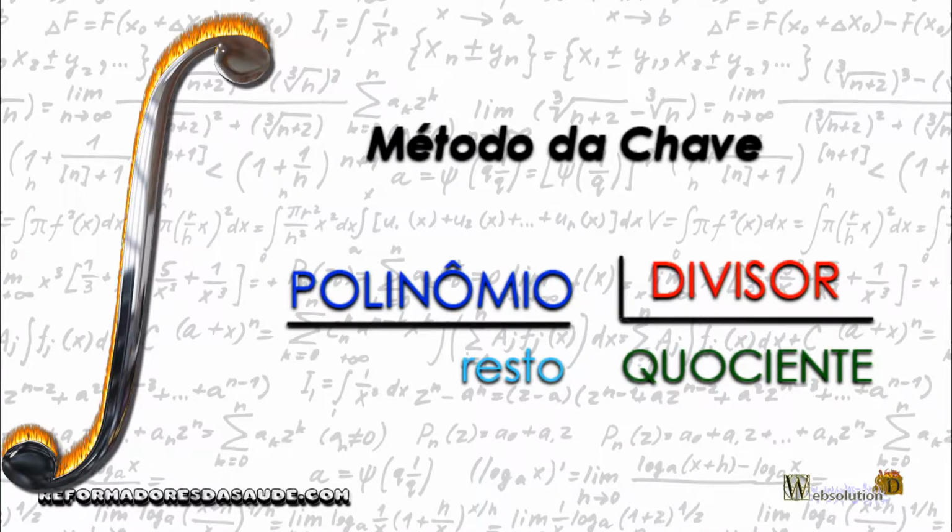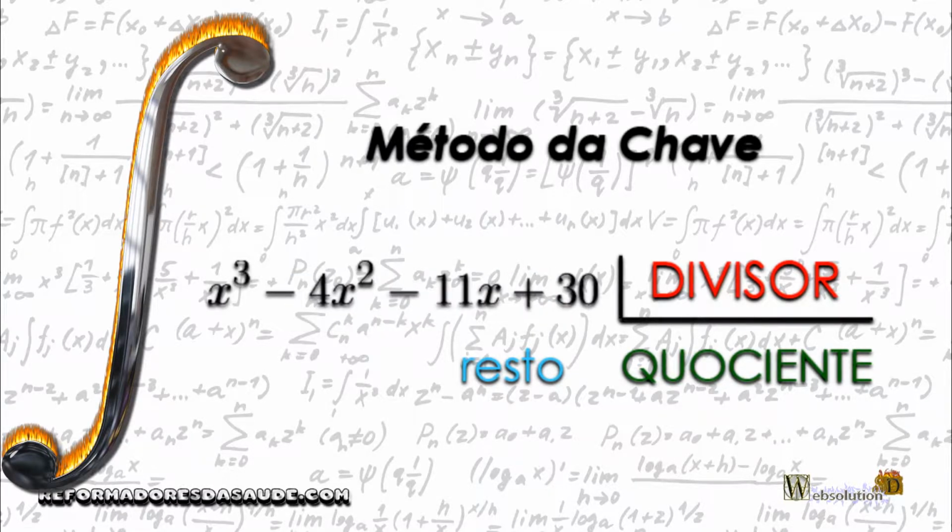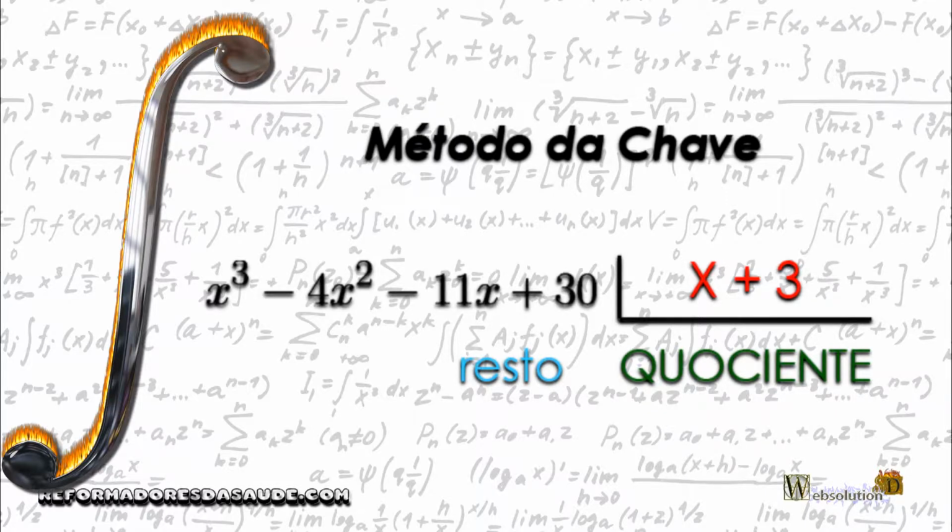Now let's position the equations. The polynomial is x cubed minus 4x squared minus 11x plus 30. It will be placed on the left side of the key in the division. Now, the divisor will be taken from the root given by the exercise. The root given by the exercise was x equals minus 3. In the divisor we cannot put x equals minus 3 but transform it into an equation, x